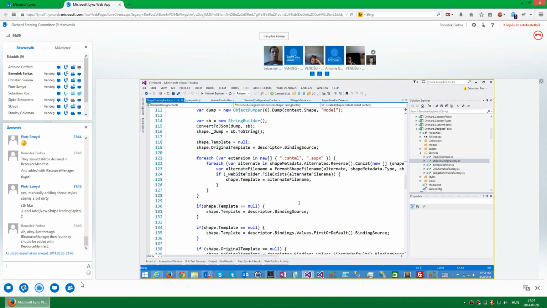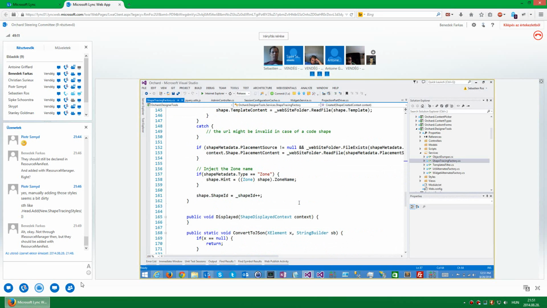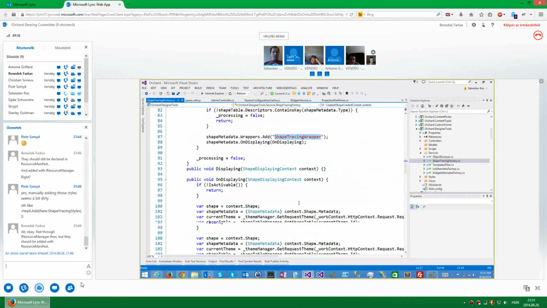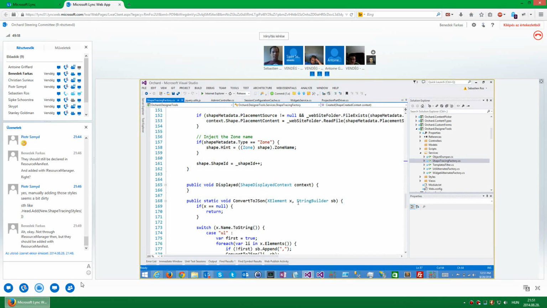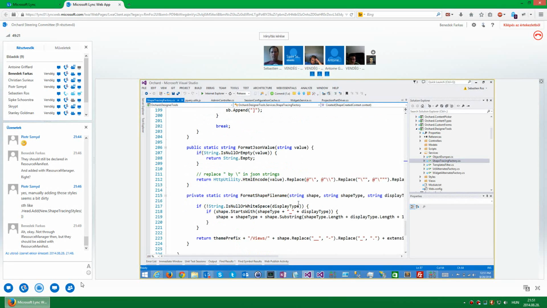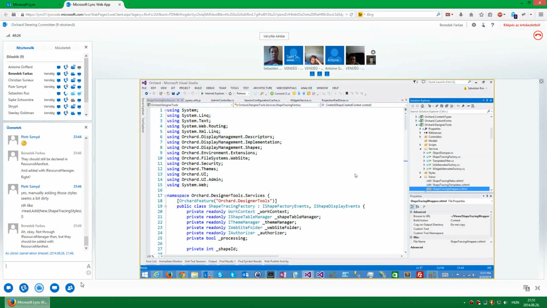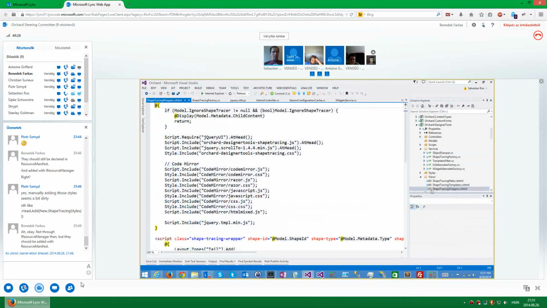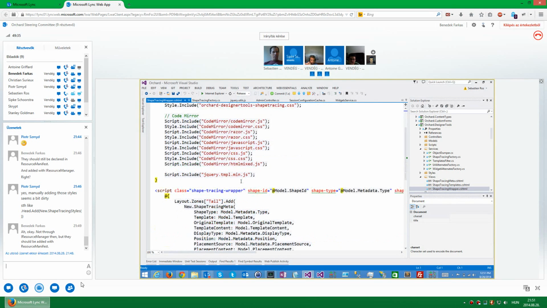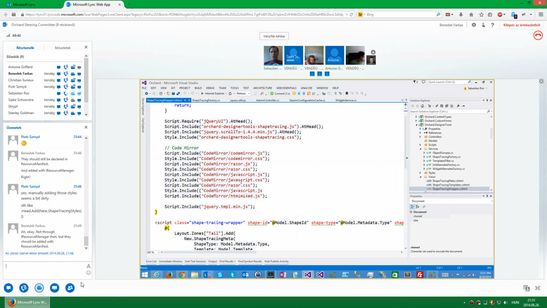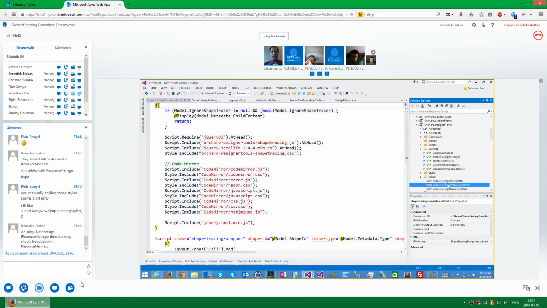We just render the wrapper on every shape, that's it. And they all call resource whatever, and the shape wrapper. Shape tracing templates.